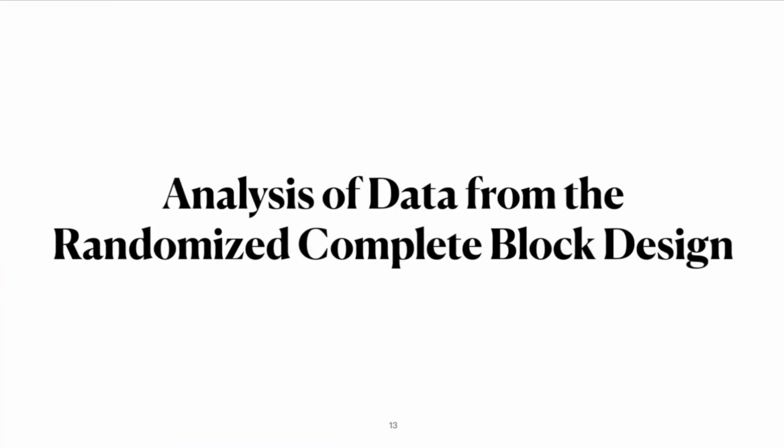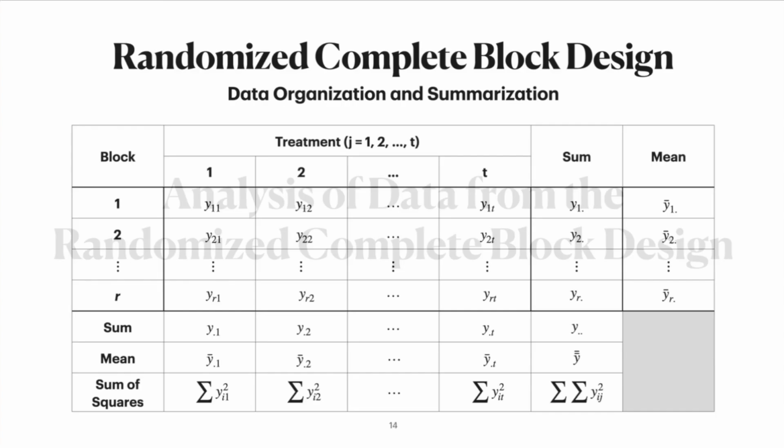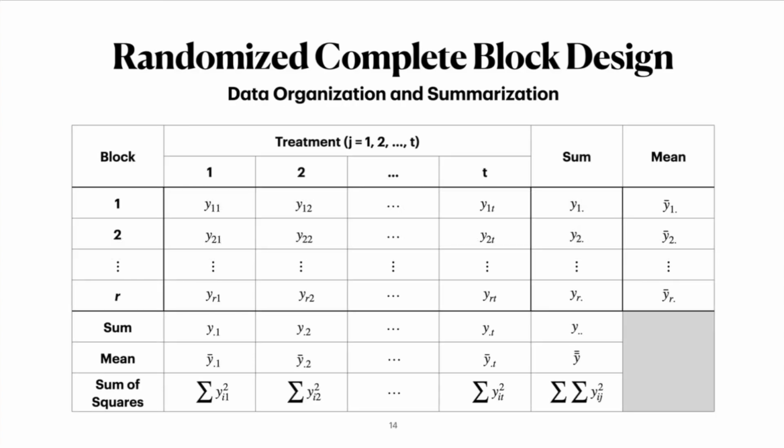In this lecture video, we look at how to analyze data from a randomized complete block design. And so we'll start off with the data organization and the summarization of the data required for the analysis. This looks very similar to the layout, the organization, and the summarization that we had for the completely randomized design. But for the randomized complete block design, we have, in addition to the summary statistics for the treatments,